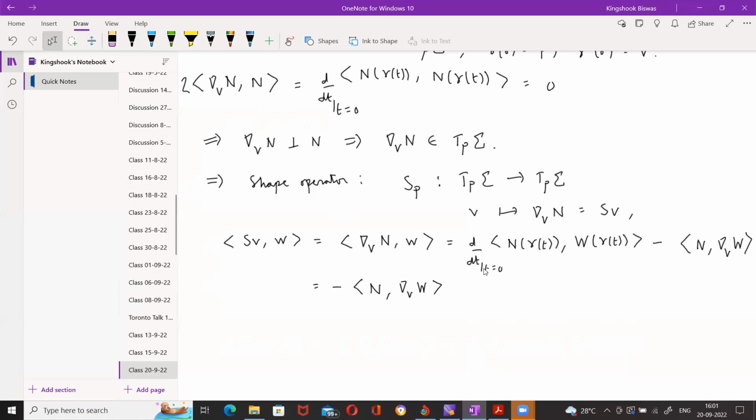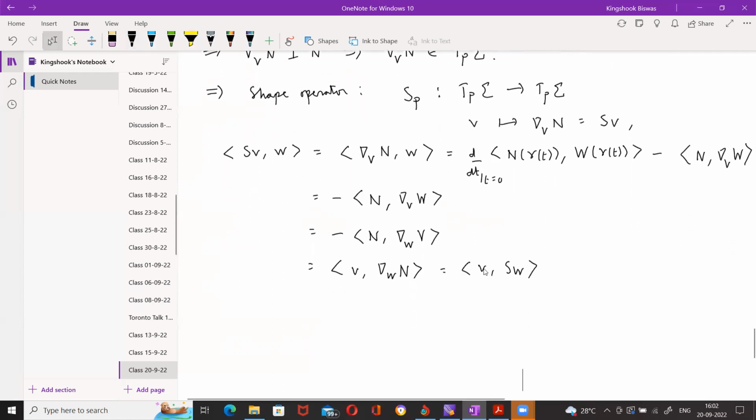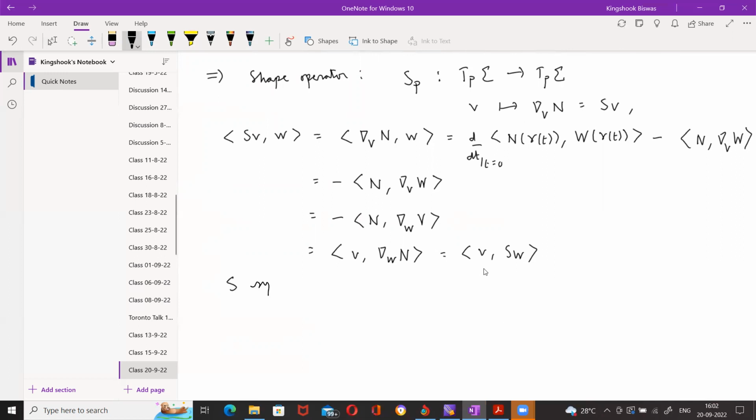So this becomes, by symmetry, minus n nabla_W of V. And then by the same argument, this is the inner product of n with V, with nabla_W n. And so that is the inner product of V with SW. So this is a symmetric operator, so it's diagonalizable with respect to an orthonormal basis. And the eigenvectors, these are called